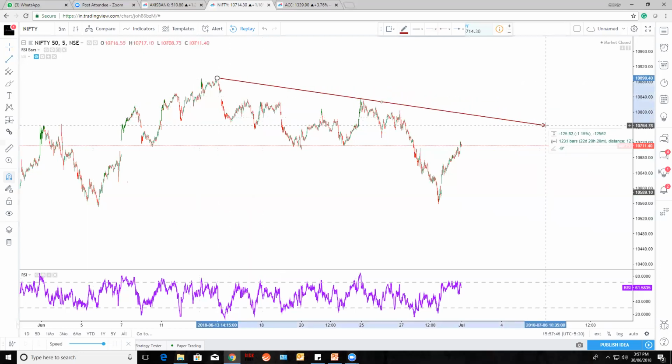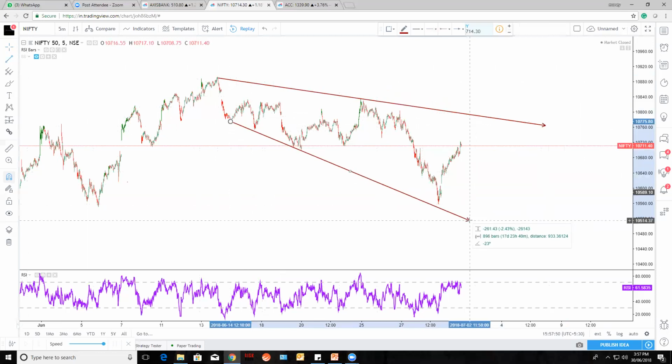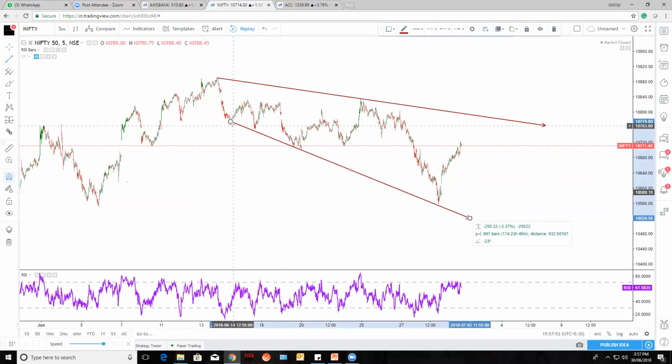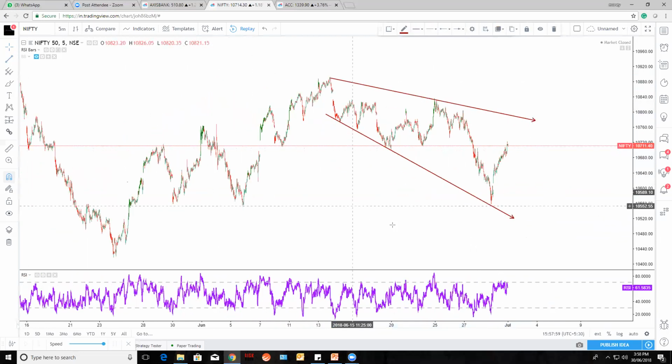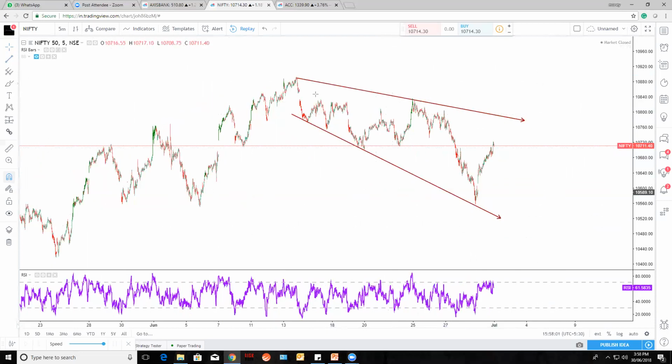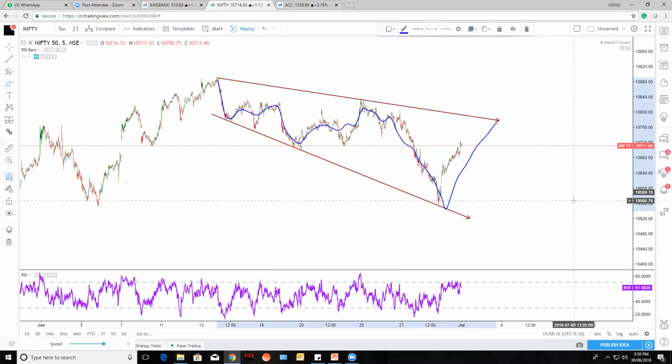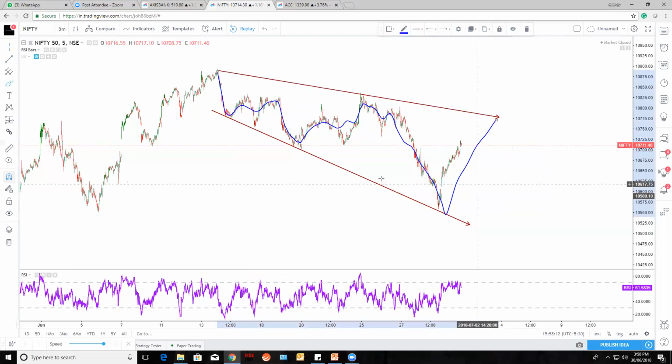Sometimes what will happen if it is an ending diagonal or a leading diagonal, the structure may change. So I will tell you in further classes. So this will be one more channeling. It's not a channeling method, but it's like you are connecting the support and resistances. This structure is looking like an ending diagonal or a leading diagonal. It's an expanding triangle. Okay. So this structure we will study in further Elliott wave. So as of now, you just understand the parallel channels, how you need to draw the parallel channels. Okay.